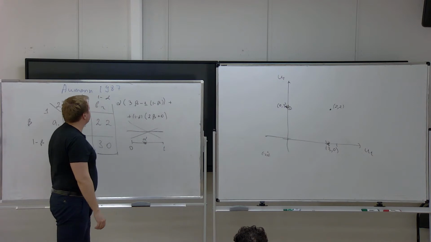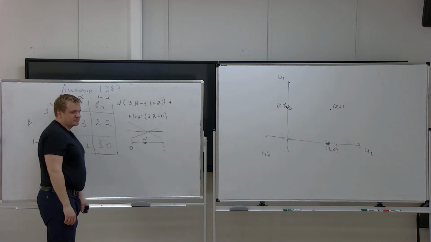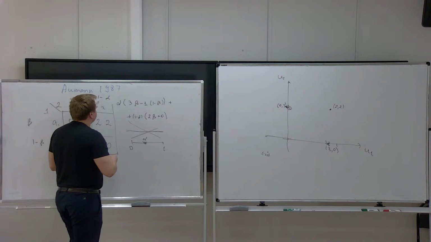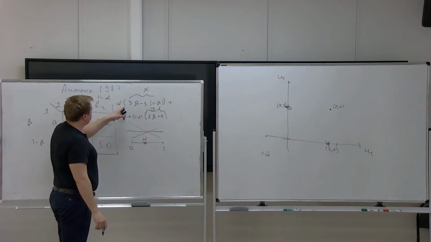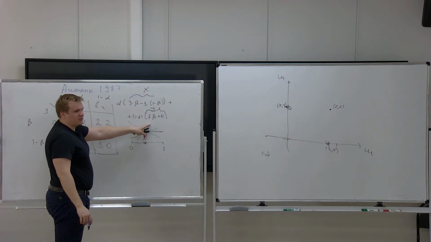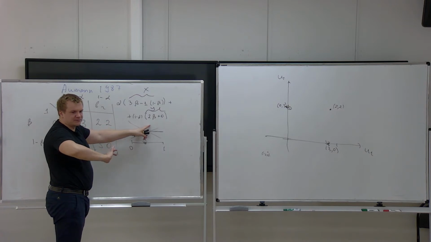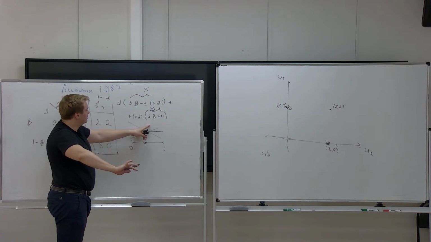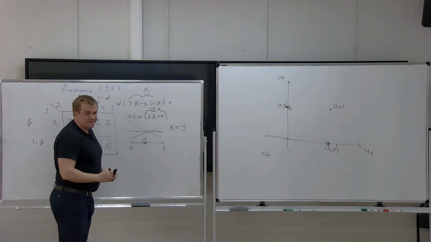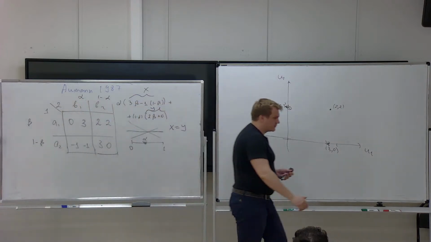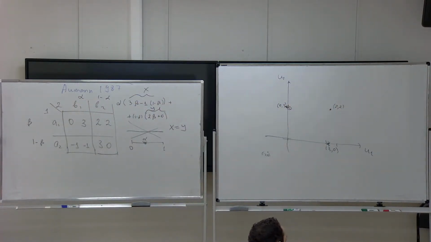Okay, so now what does it mean that this is constant? That means that this expression, x, must be equal to this expression, y. So as I put more weight on x or more weight on y, I should be indifferent. Okay, the condition, therefore, is x equals y. So this gives me a condition